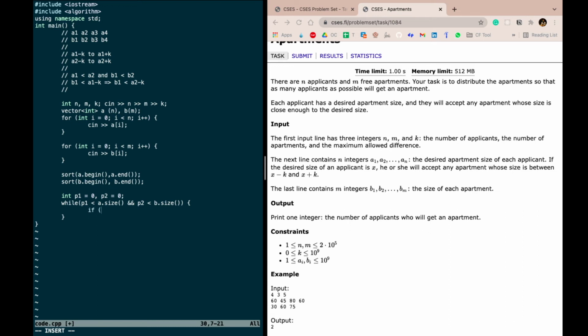So if a of p1 plus k, which is the maximum value that the p1 client wants, is less than b of p2, then all the remaining elements of b cannot be assigned to a, right? So we can just do p1 plus plus, else